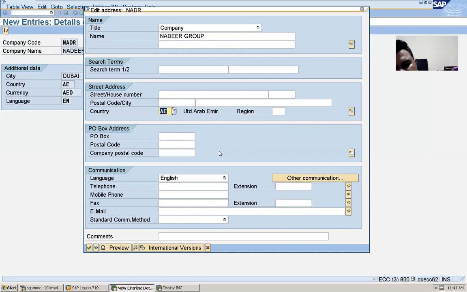You may not get this AE here. I did some settings, that's why I'm getting AE here. So please write down title, company, name Nadir Group, country AE. Okay, press enter or tick mark, this one.